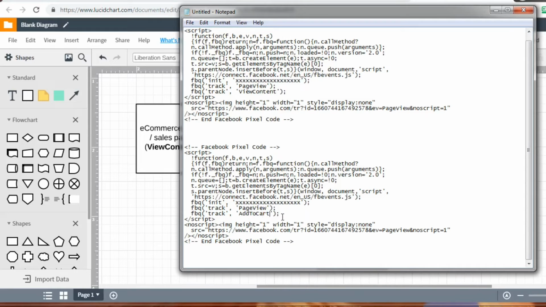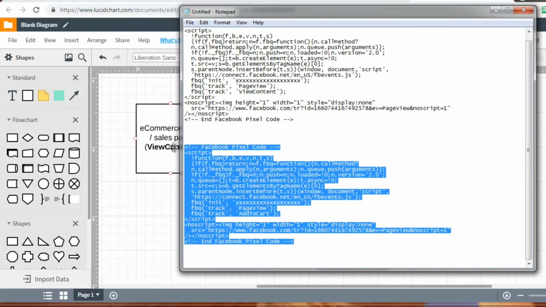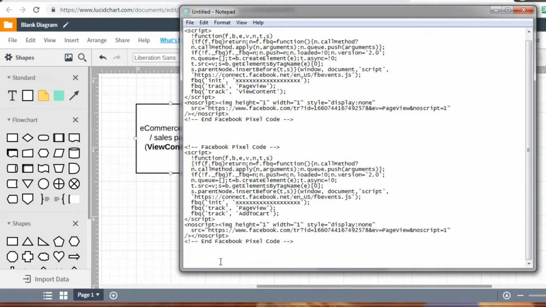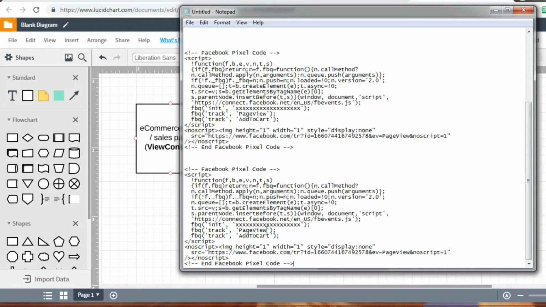You want to have that like this right here. And then of course you want to have the third pixel, which is a purchase. So we want to copy that and then change where it says add to cart to purchase. So capital P, lowercase